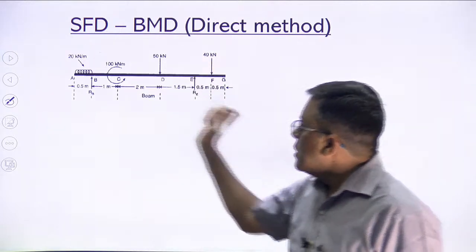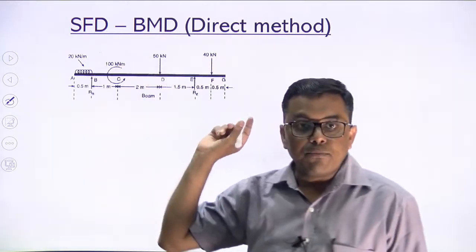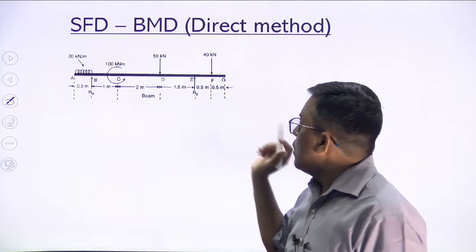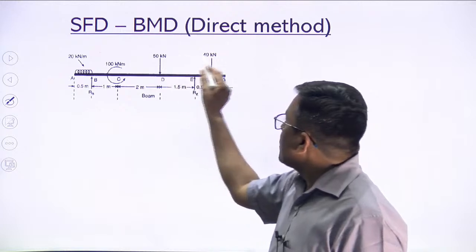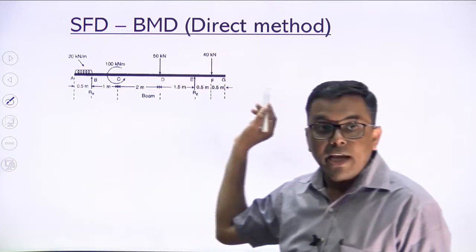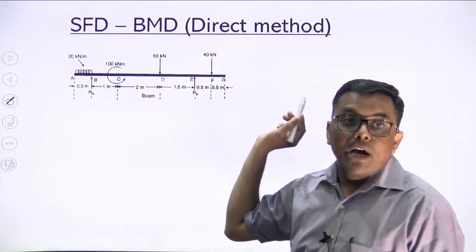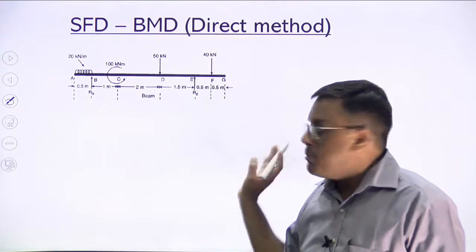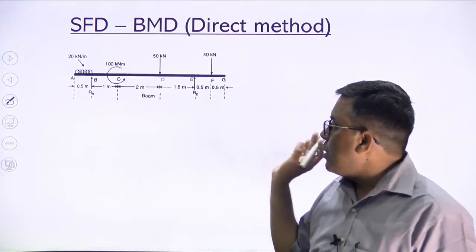We must know कि यदि UDL होगा तो shear force डायग्राम इंक्लाइंड लाइन होगा, बेंडिंग मोमेंट डायग्राम पैराबोलिक कर्व होगा, पॉइंट लोड होंगे तो वहां पर shear force डायग्राम कांस्टेंट लाइन होगा, बेंडिंग मोमेंट डायग्राम इंक्लाइंड लाइन होगा. These information must be available with us, ये हमें पहले से मालूम होना चाहिए, otherwise we will not be able to solve